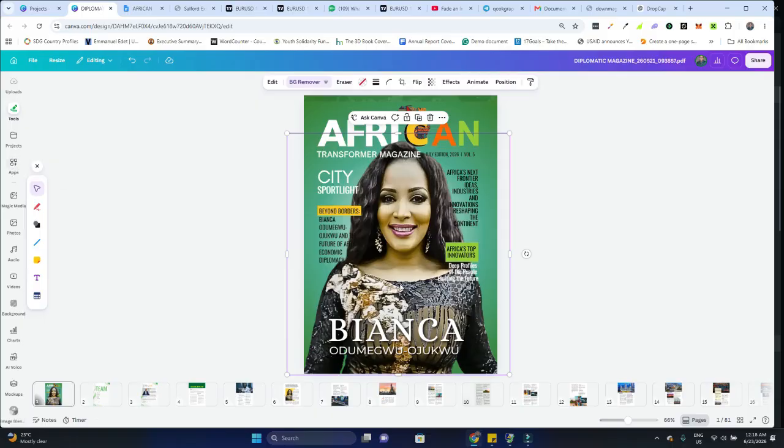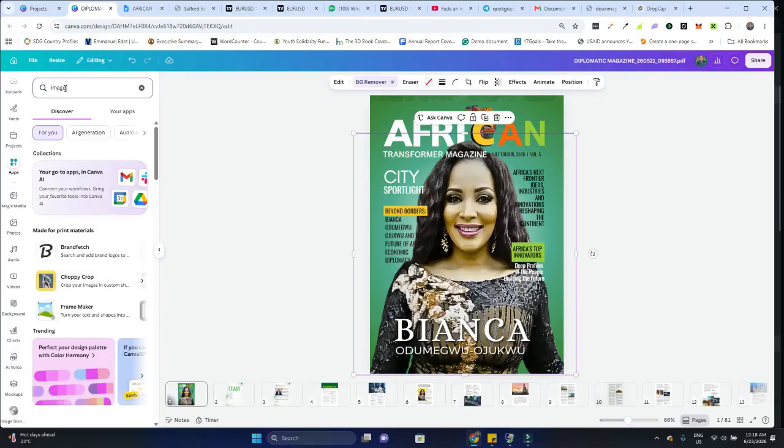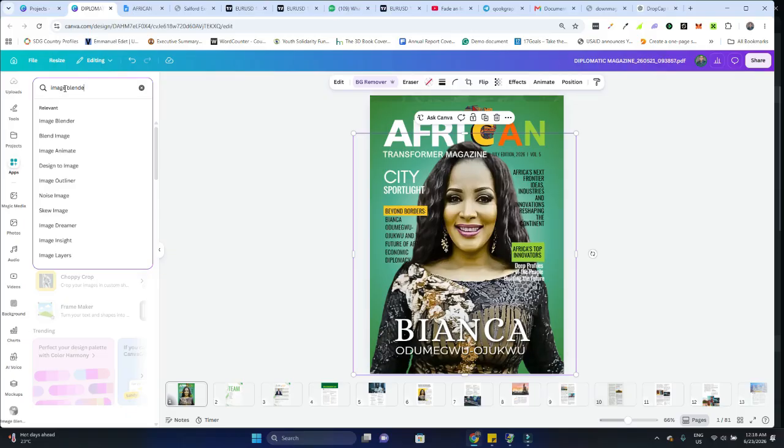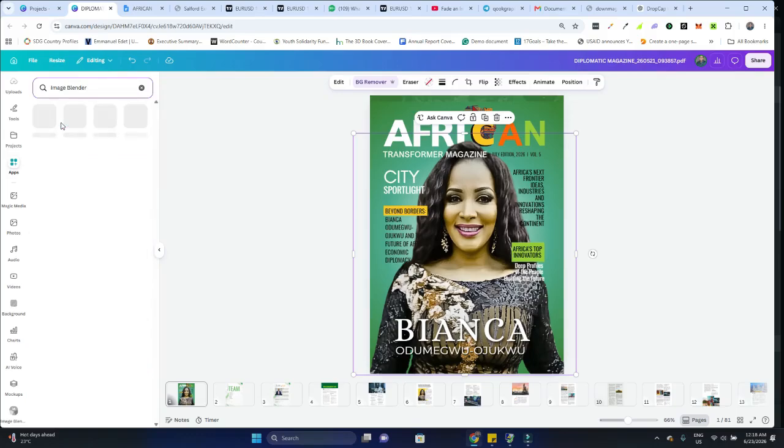This is it. Before then, make sure you select your picture. You click on this app like this. When you click on this app, you are to wait for it to pop up, right, like this. So what we are going to search for now is Image Blender. Image Blender is what we are searching for. This is it. Just click this Image Blender like this, and when you click it, it will bring